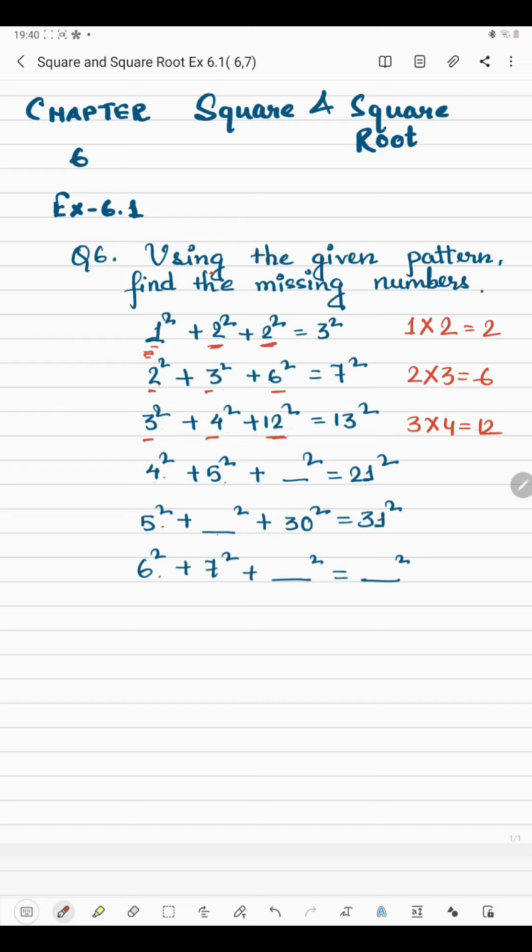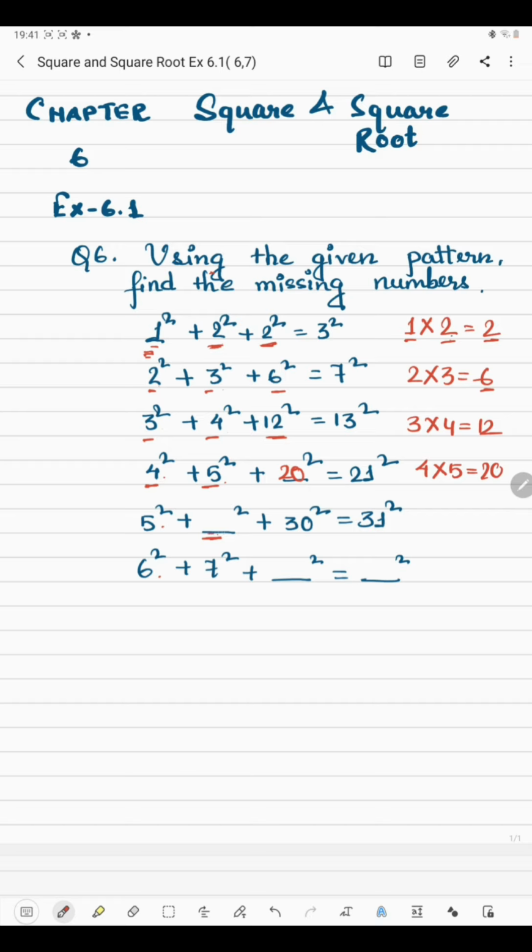Now here in the fourth line, see 4 will be multiplied by 5, which is 20, so 20 will be in the third column. Now see in the fifth line, here the digit is missing in the second column. So what should be here? See in every line we have got the third column by multiplying first and second column. Now here the digit in first column will be multiplied by the digit in the second column to get the digit in third column.